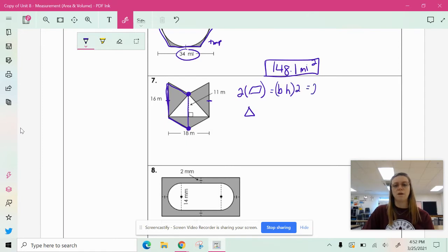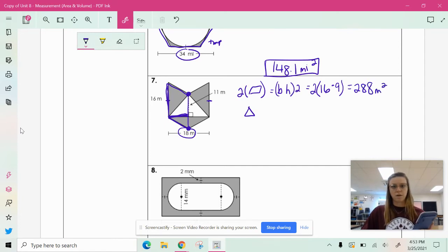The height is this. The base of this triangle, I'm cutting it in half, so it's half of this, which is 9. 16 times 9 times 2, double it because you have two of the same one,